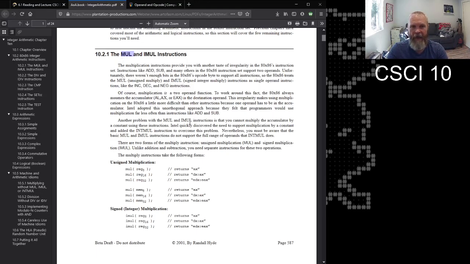Addition and subtraction are the same whether or not the numbers are signed or unsigned, but with multiplication, and then division coming up soon, it's a different instruction when you're multiplying unsigned numbers versus signed numbers. So you really have to pay attention to this when you're writing assembly or assembly-like code. Am I multiplying signed numbers or unsigned numbers, because they use different instructions. We are doing unsigned this week, which means mul.